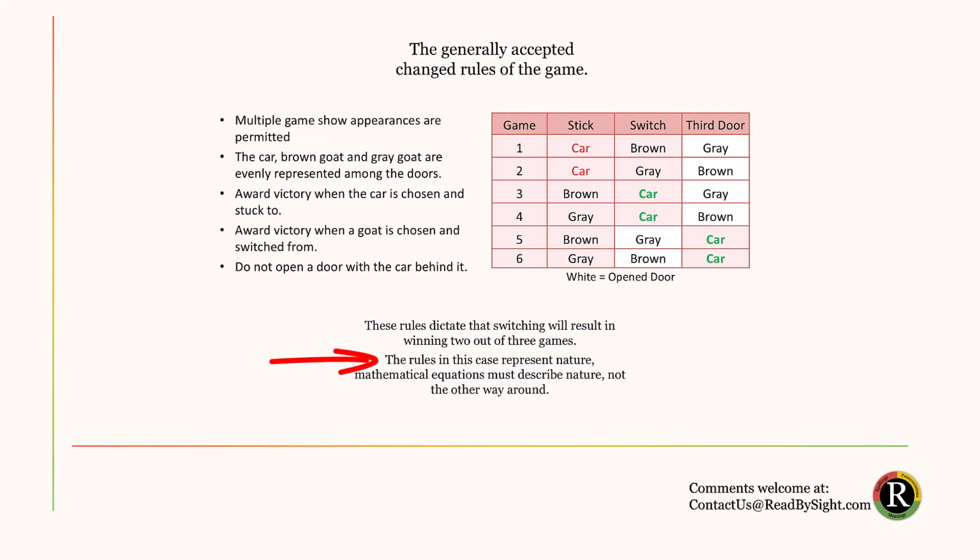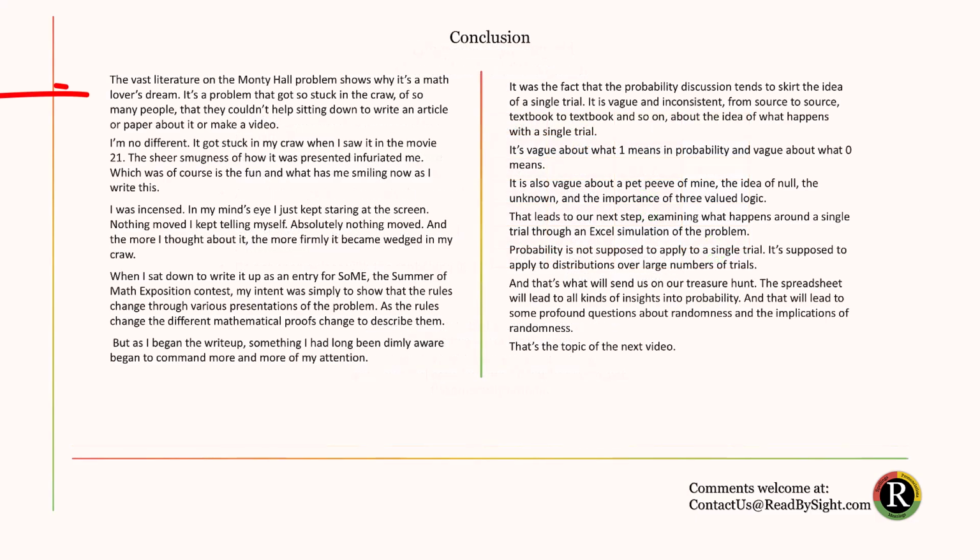So here, what I'm really doing is questioning why we have all of the mathematical proofs and academic papers about this. Depending on how we phrase the rules, the math follows or the outcomes follow. And the only thing that the math can do is confirm it, not prove it. Saying that the math proves it has things backwards. And now we come to the conclusion.